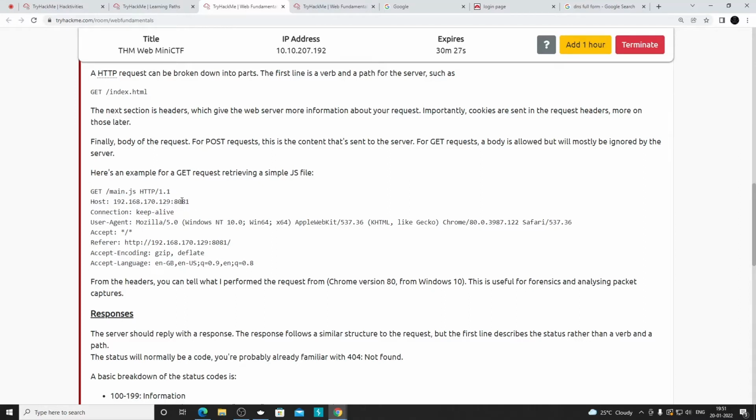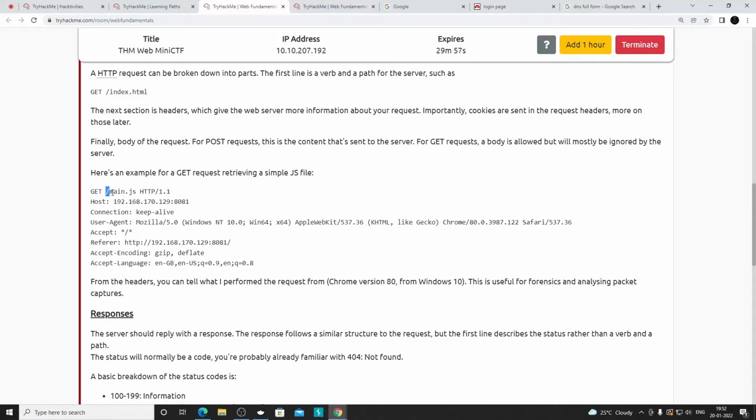For example, for google.com, the host would be replaced with google.com, and then whatever port it is, like colon 80. Here it is showing the IP. In the same way, you can replace it with Google's IP, colon, and then port 80, to send a GET request to google.com.